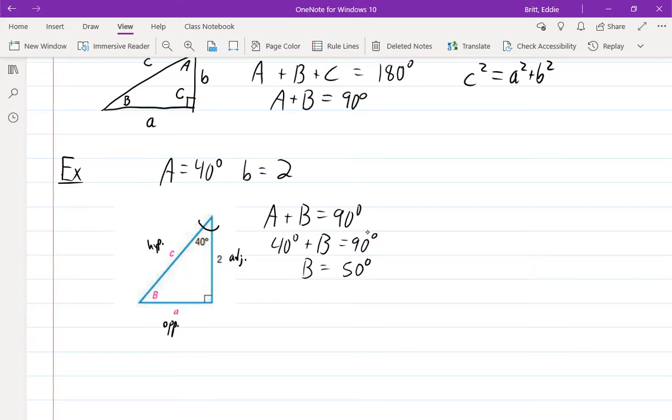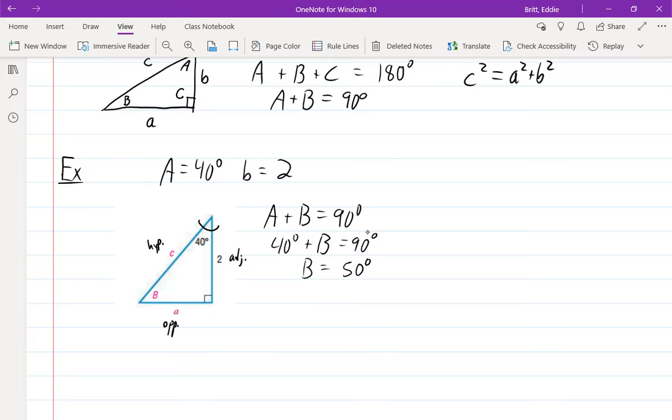Alright, so I can't use a formula with opposite and hypotenuse in it if I go from this angle, because that's two unknowns, that's two things I don't know. So I need to use a trig function that has adjacent in it and then either hypotenuse or opposite. So